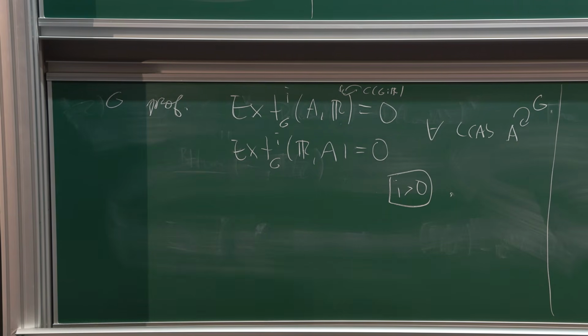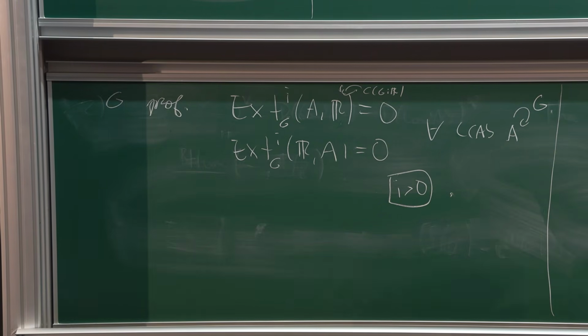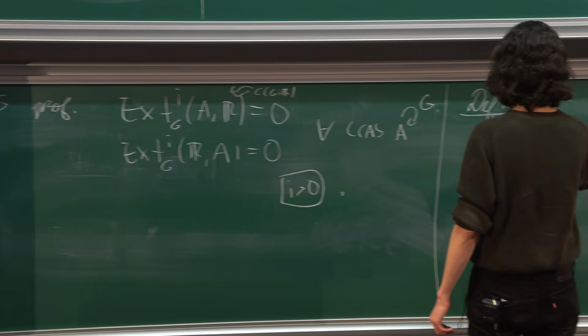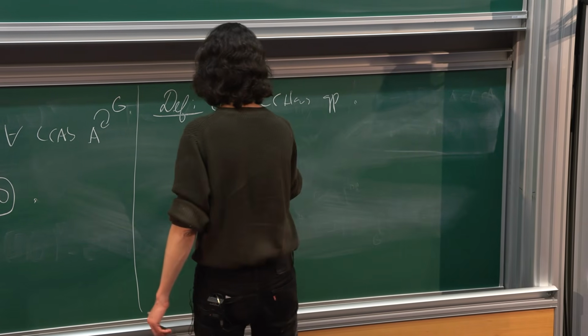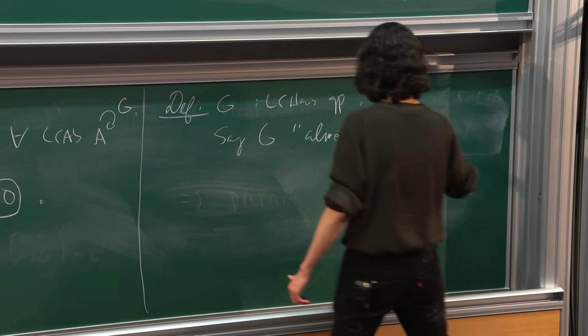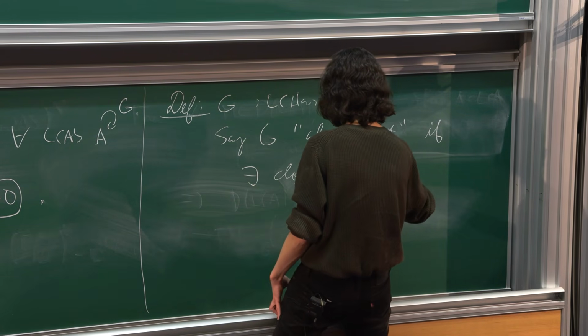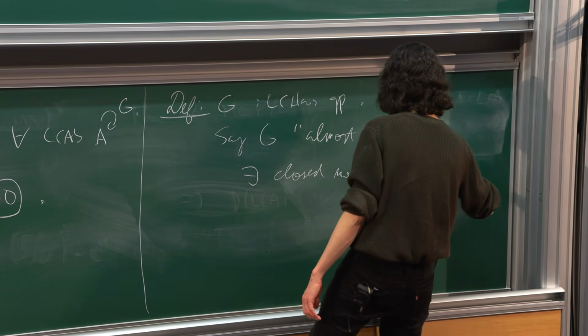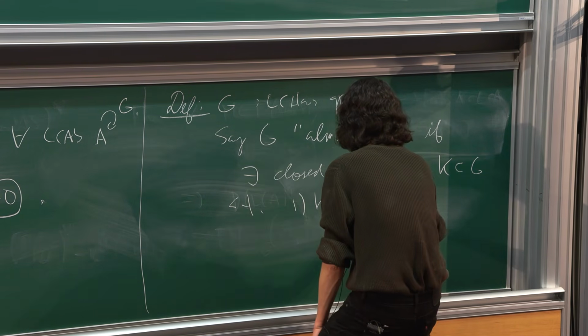Right. Okay, so now we come to the main theme, which is taking objects that are like BG and then adding higher homotopy groups to them. Let me make a small definition. Let G be a locally compact Hausdorff group. We'll say G is almost compact if there exists a closed normal subgroup K in G such that the first condition is that K is compact,